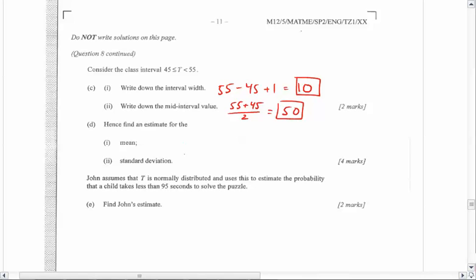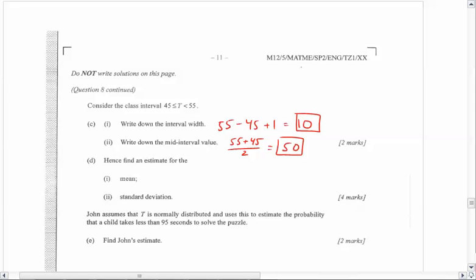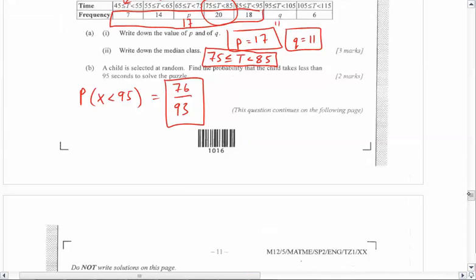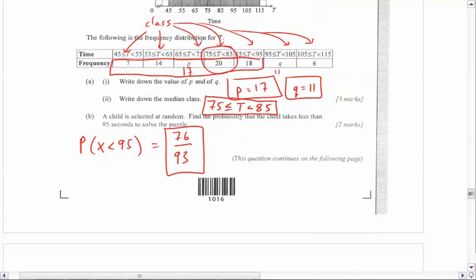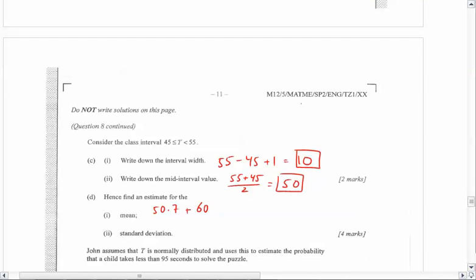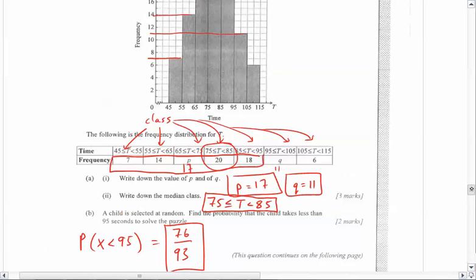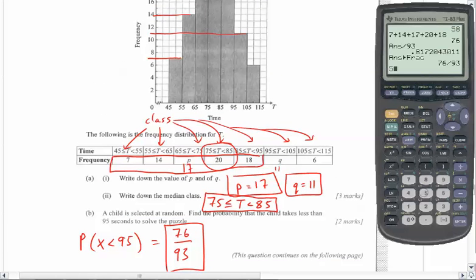Find the estimate for the mean. So to estimate the mean, we could just take the mid-interval values, multiply it by the number of people in that value, just add all those things together. So we got 60 times 14. I'm just going to plug that into my calculator. 50 times 7, 60 times 14, 70 times 17,